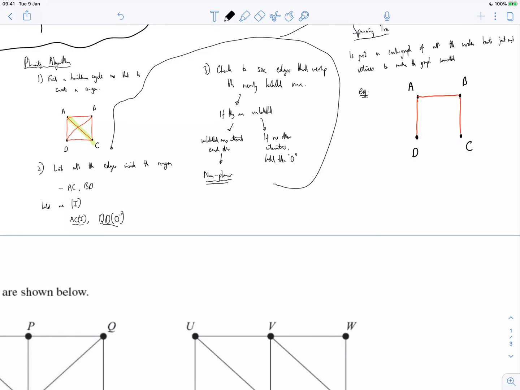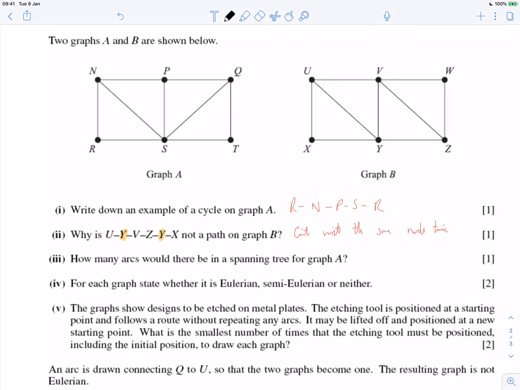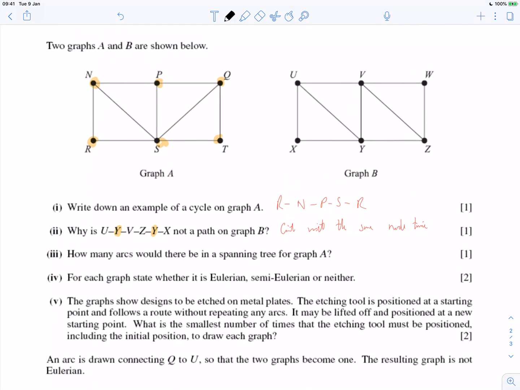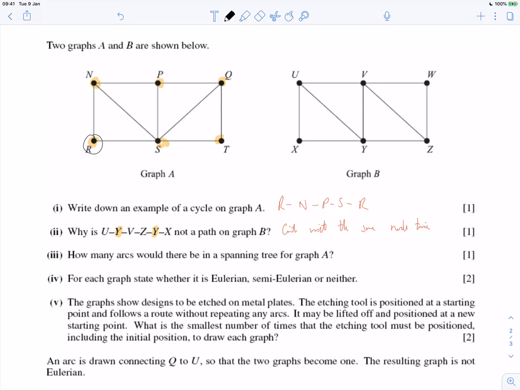Okay, so when it says how many arcs would be needed for a spanning tree of A, well, let's think about it. There's 1, 2, 3, 4, 5, 6 nodes. Okay, so let's suppose we build up that tree. Well, if we start at R, we have no arcs. But then if we go to N, that's 1, 2, 3, 4, 5. And if you think about it, every time I add a node to my minimum spanning tree, I have to add a connector to it. So apart from the original node, every other node is going to have an arc. So it's the number of vertices minus 1. So if there's 6 vertices, then there's going to be 5